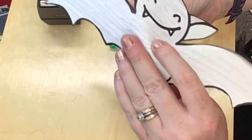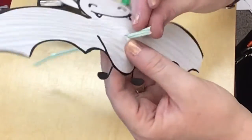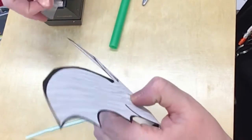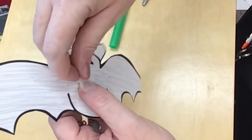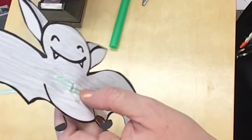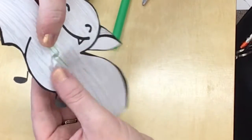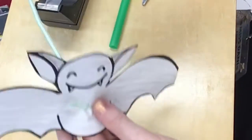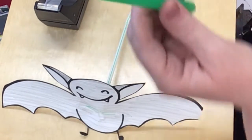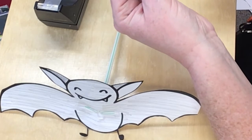This is trickier than it looks, but I believe in you, friends. Pull the slits to either side and tape. Tape works a lot better than glue because it's hard to glue plastic down to paper. Trust me, I've tried. So once that's done, make sure to only tape down the edges. You're going to take your thicker straw and do the same thing. You're going to cut a slit, this time a little bit bigger,